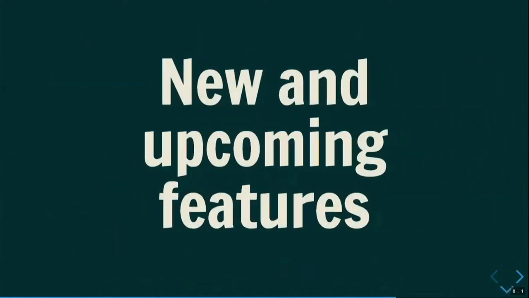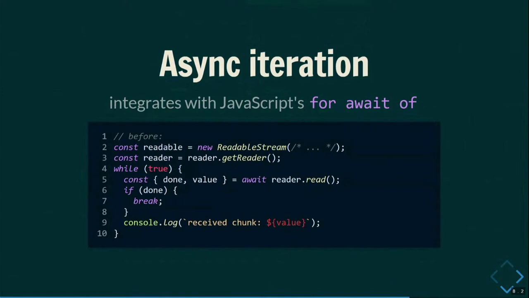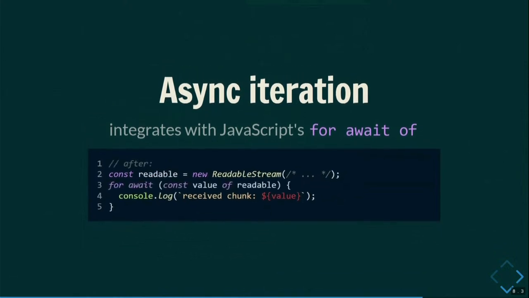Okay, now that is all readable, writable, and transform streams. There are some cool new features coming up in the Streams API that you might want to start using. One thing that we've seen coming up again was this reader loop. You always had to write while true, await reader.read, and then check if it's done, and then do something. This is boilerplatey, and it's annoying to write, so I'm happy to say that you can now just write for await...of. Yes.